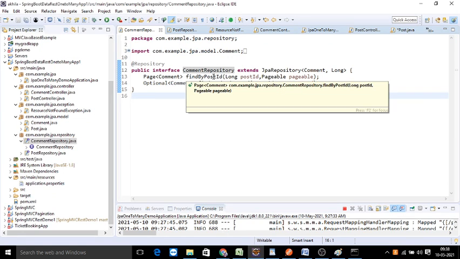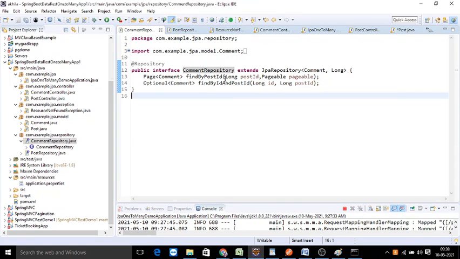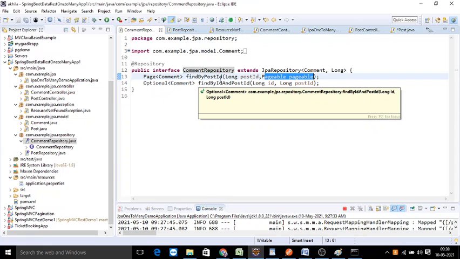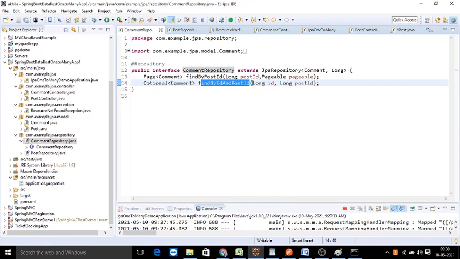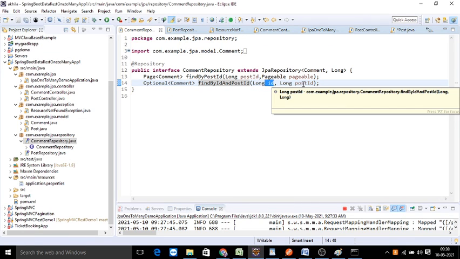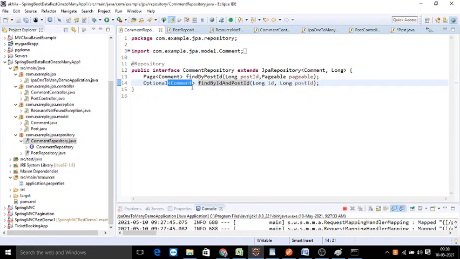Find by post ID means it is definitely going to give you a list of values. Whenever there is a list of values, you can use a simple list, or you can use a pageable list of pages; a list of comments you will be getting here. For findByIdAndPostId, there is a single one, only one you will get, because it is for a given ID and matched post ID. There should be only one unique, so you will get only one comment object. But it is always better to take it as an Optional of Comment, so that if it is not returning, you can handle it in a better way. If it is returning, you can display the comment. So these are all the methods we have.